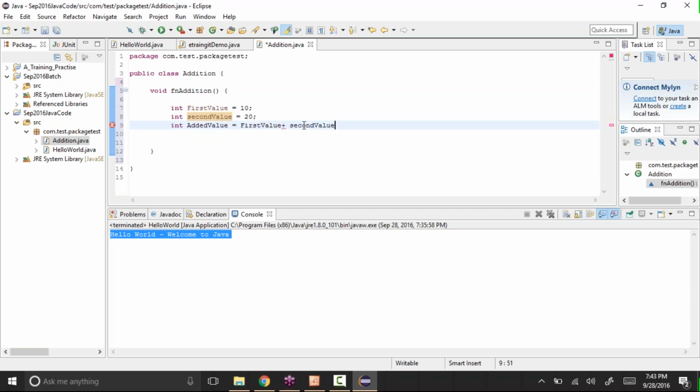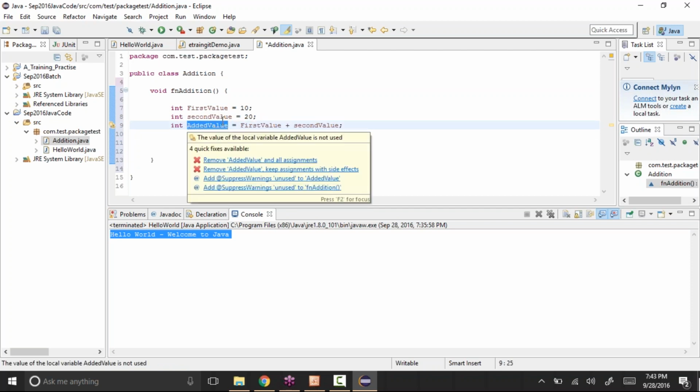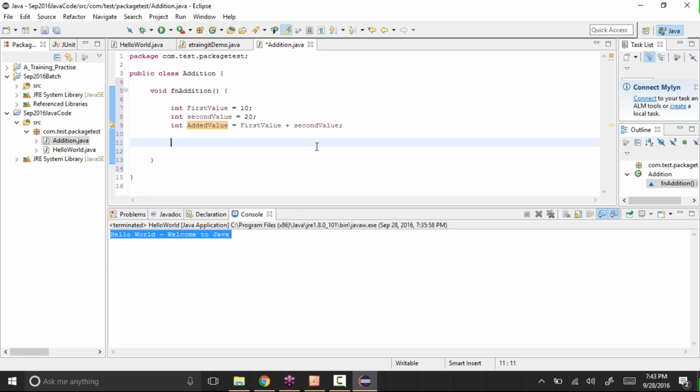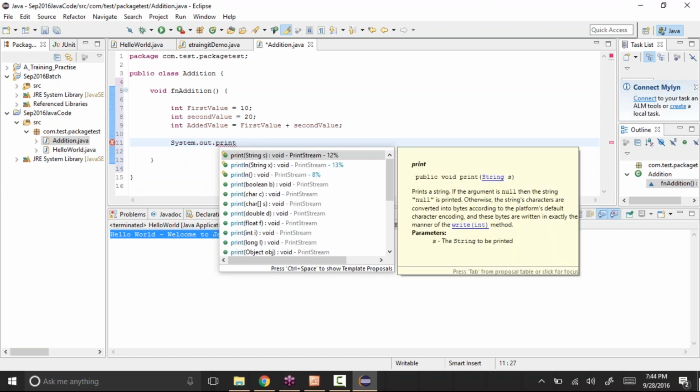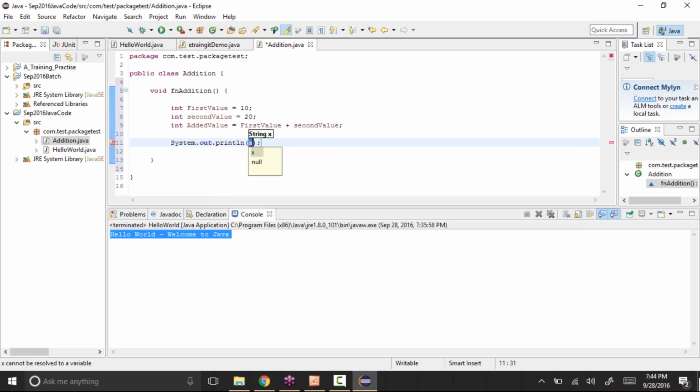What I'm trying to do is add those two values, first value plus second value, and store it into added value. To display this value, system dot out dot println, and let's say I give directly this added value, like this.